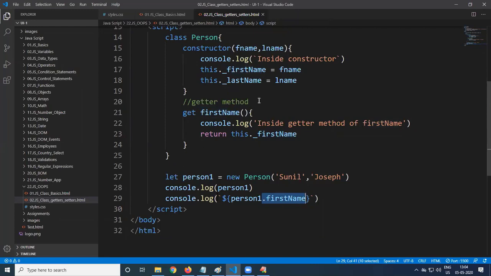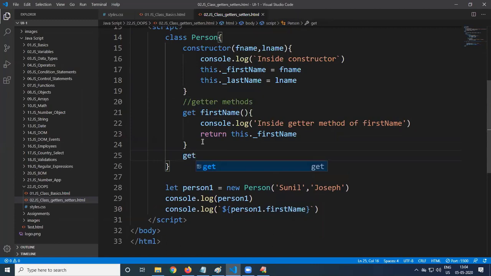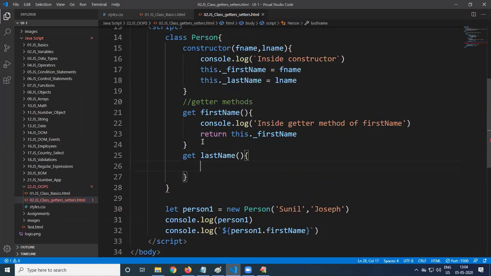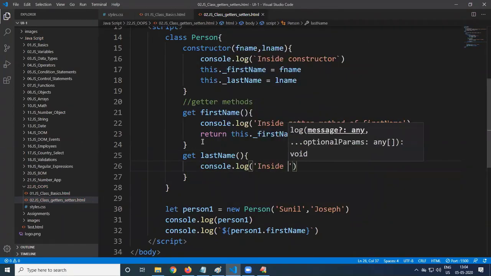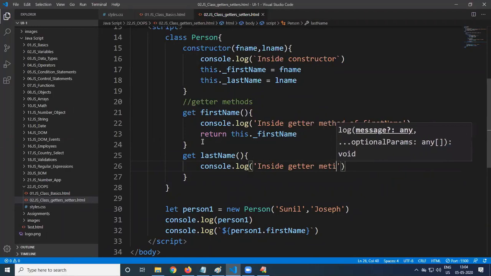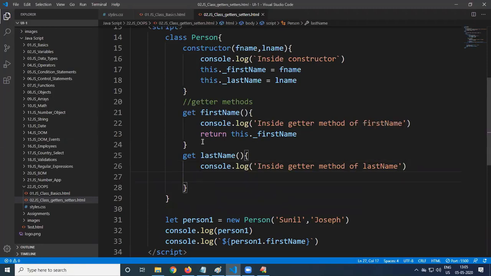Getter methods, and even for getter method, for what? The other one is get last name. This is nothing but console.log inside getter method of last name. Inside getter method of last name, return what is the actual property? This dot underscore last name.